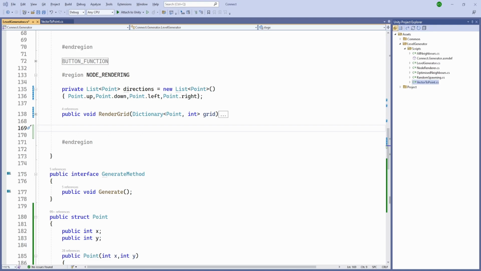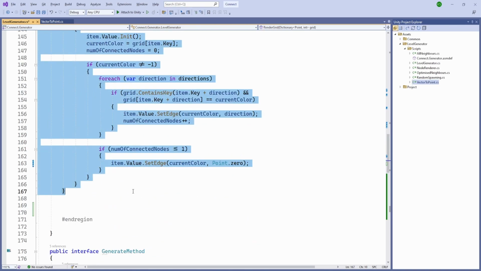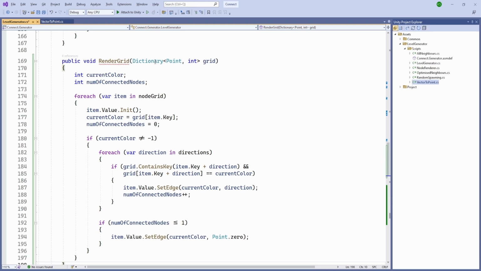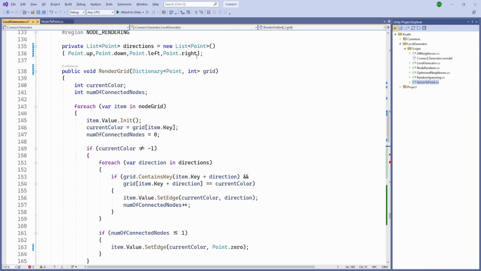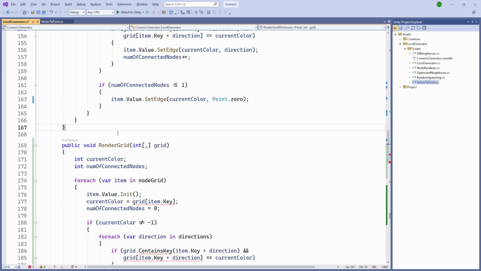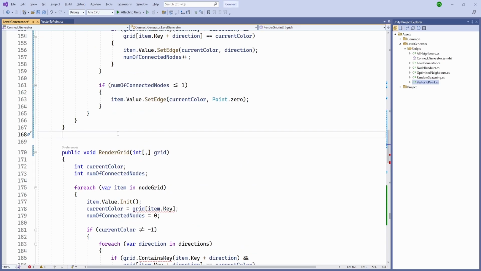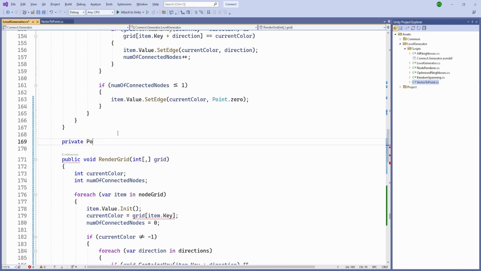So we are going to need to create a new method to render our grid, and it is going to be similar to our previous method. So let's copy that, and here instead of a dictionary, we are going to pass a two-dimensional grid, and instead of a direction, we are going to again have an array. So private point array, and let's call this neighbor points,